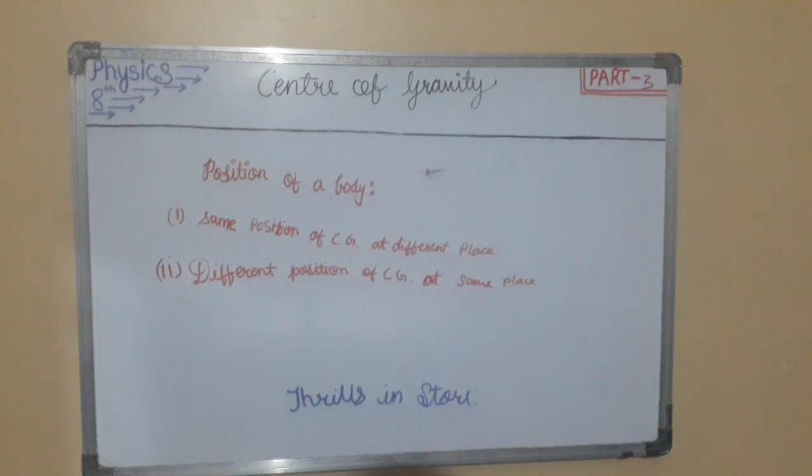Next question is if water leaks out from a hole at the bottom of a hollow sphere full of water, explain what happens to its center of gravity. So the answer is when water leaks out from a hole at the bottom of a hollow sphere, first its center of gravity shifts downward and then rises up to its original position.